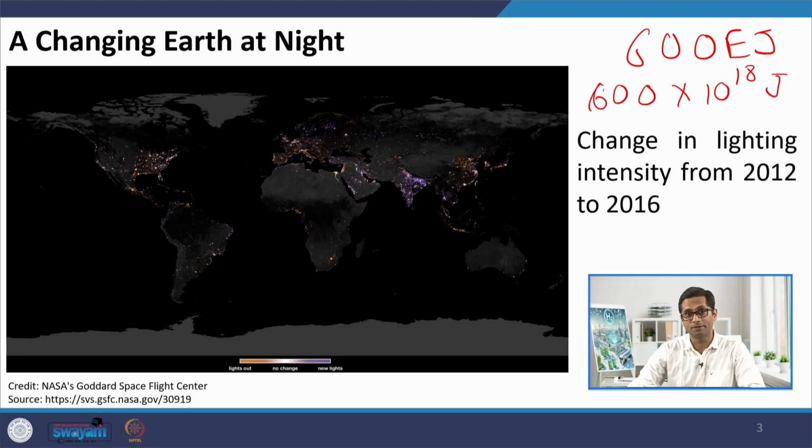But for the sake of this calculation, let us assume that this is the energy used by humans. Now, this energy is nonetheless coming from fossil fuels. The majority of the energy, as we will see in the later part of this class, is coming from fossil fuels. And when we are using fossil fuels, a likely product is the production of carbon. So what we are going to do in this small exercise is estimate, if the whole of this energy was to come from fossil fuels and the likely product is CO2, what will be the time taken to double the amount of CO2 that we have in the atmosphere.